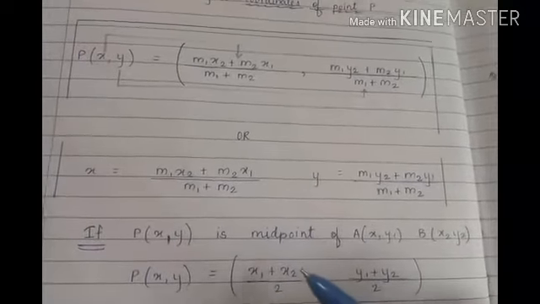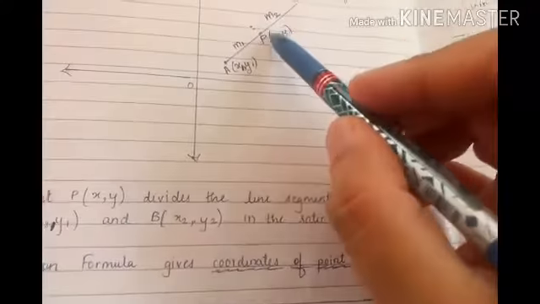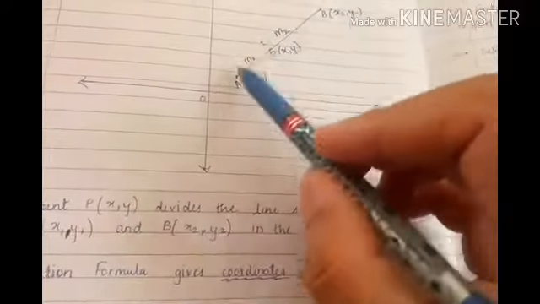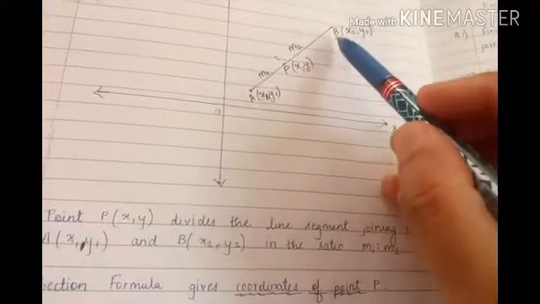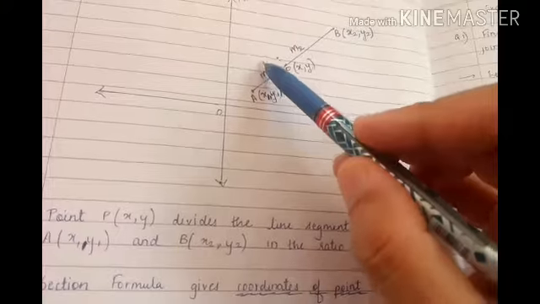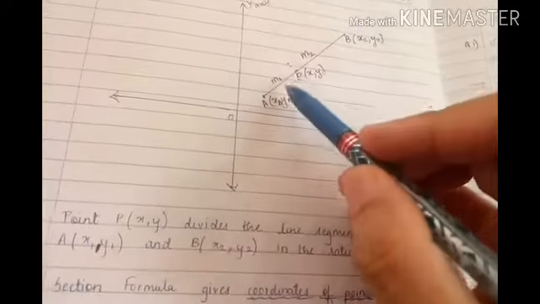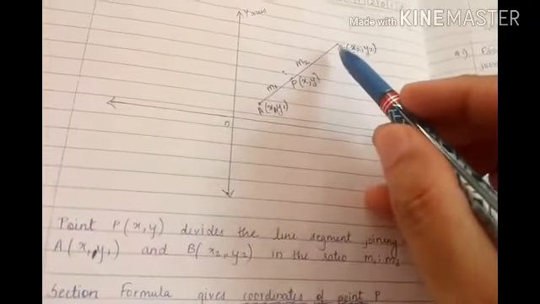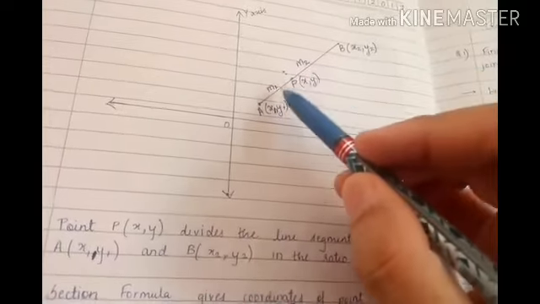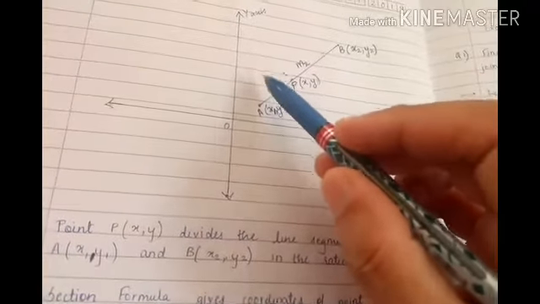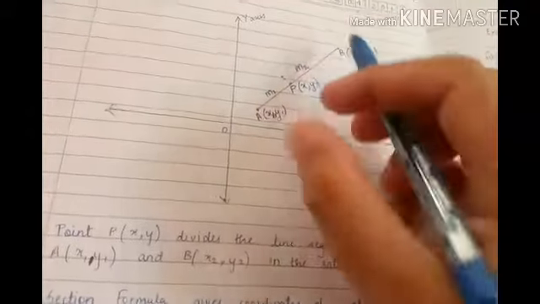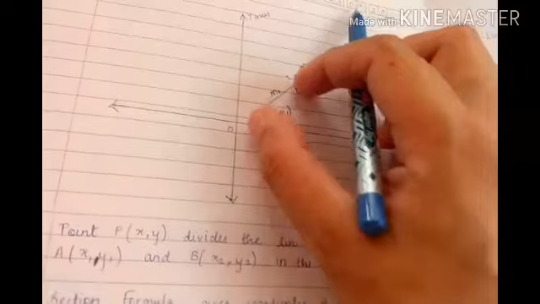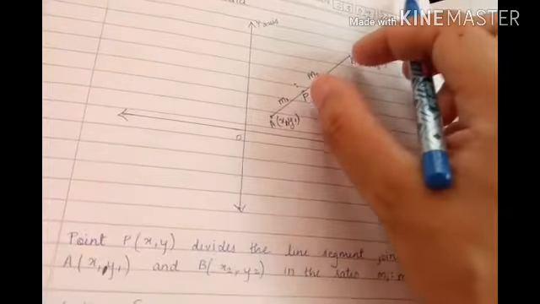So when do we use the midpoint formula? If we are given that P is the midpoint of AB, that means P divides AB in what ratio? It divides it in the ratio 1 is to 1, meaning this part and this part have equal length. When we say it divides it in the ratio 1 is to 1, it doesn't mean that this is 1 centimeter and this is 1 centimeter. But 1 is to 1 means this part and this part are of equal length.